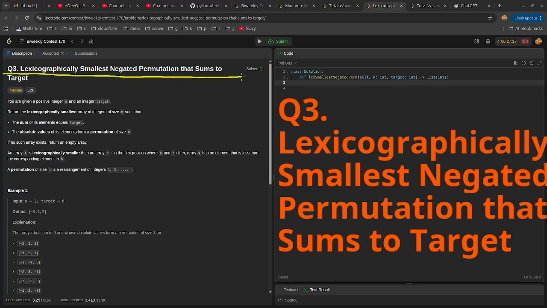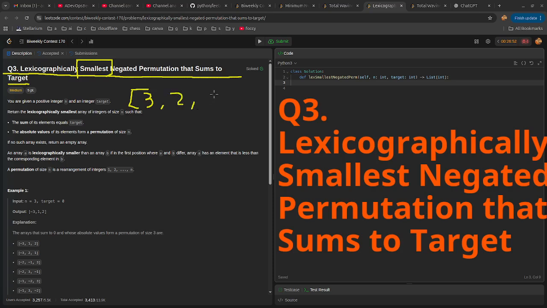LeetCode Biweekly Contest 170, question number 3: Lexicographically Smallest Negated Permutation that Sums to Target. It is a medium problem. Since we are looking for the smallest array, we can start from an initial array, say in reverse order